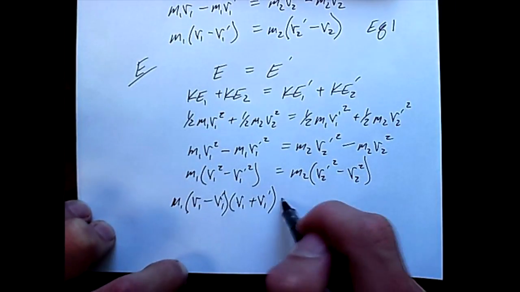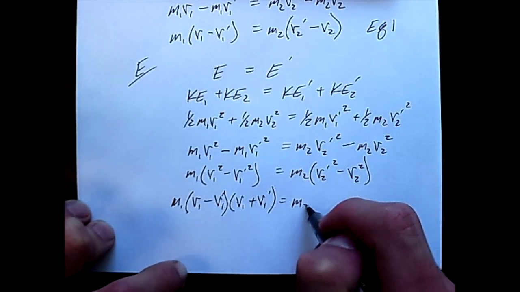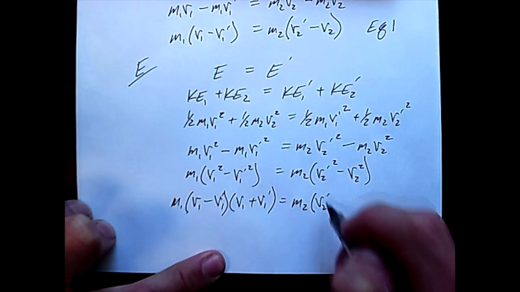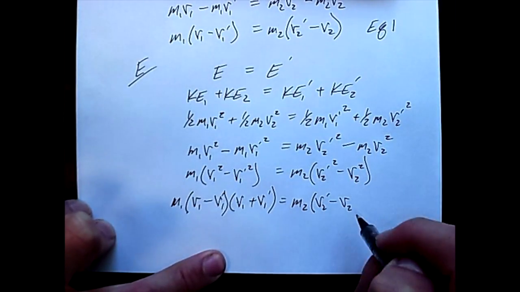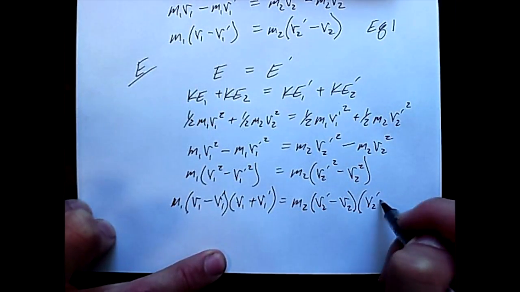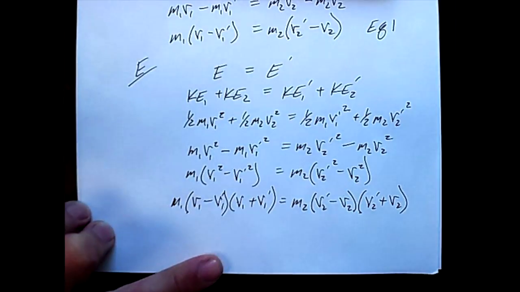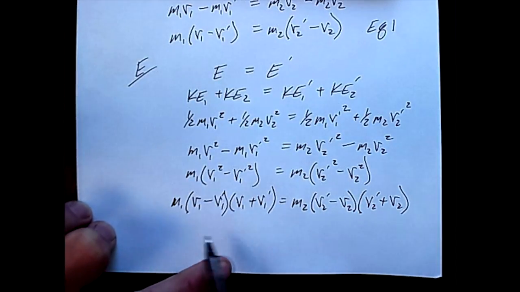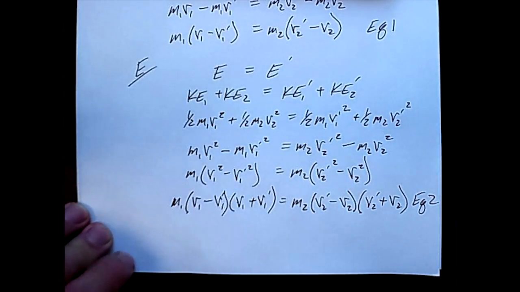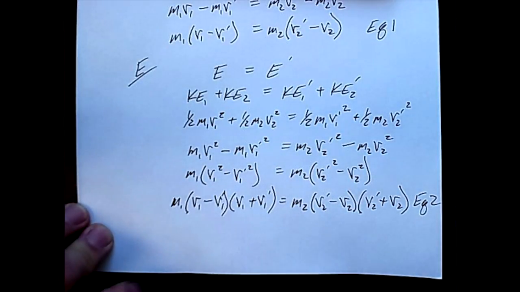Doing the same thing on this side, I have m2 times the quantity v2 prime minus v2 times the quantity v2 prime plus v2. If we stop here and define this as equation 2,